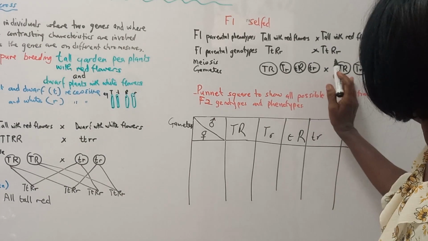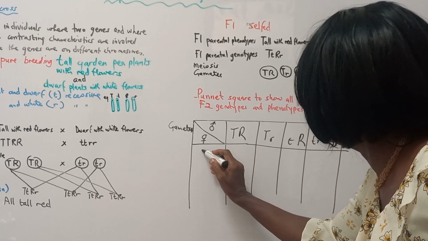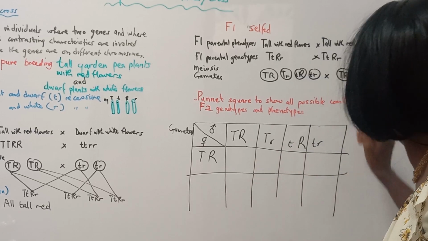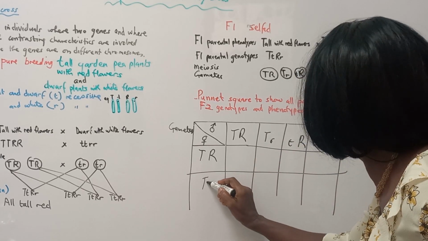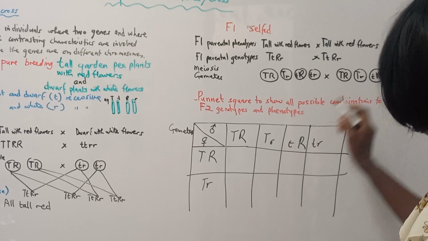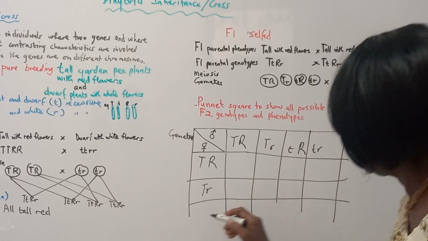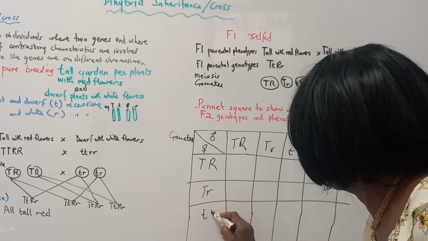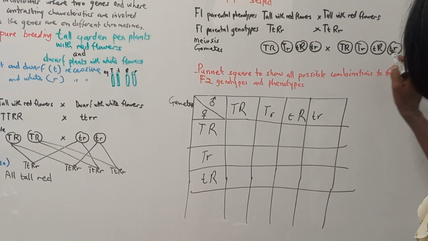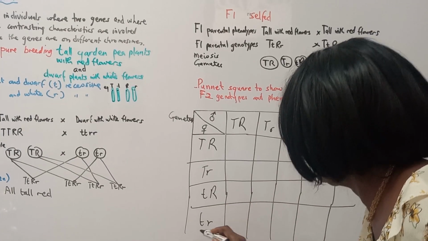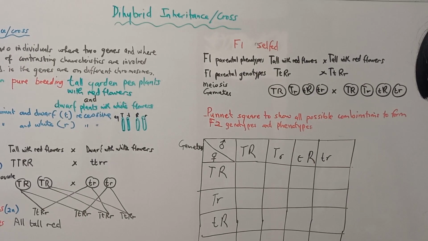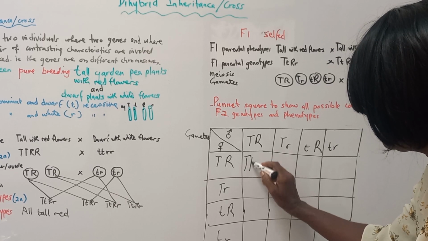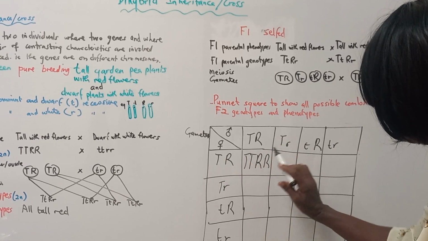The female gametes also, we have big T, big R. We have big T, small r. We have small t, big R. We have small t, small r. Now we're seeing what happens with this gamete and this gamete fusing. You have this offspring. This gamete and this one fusing,